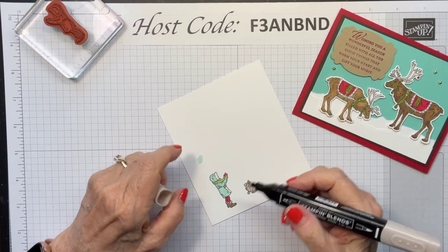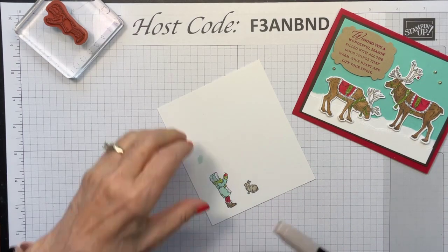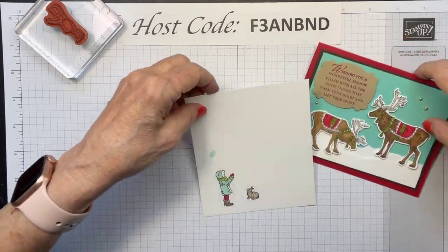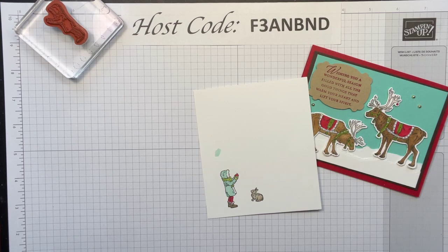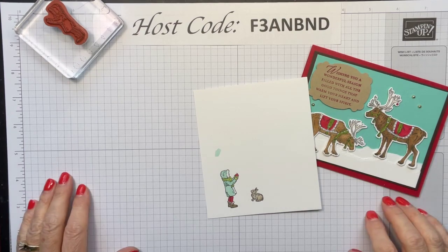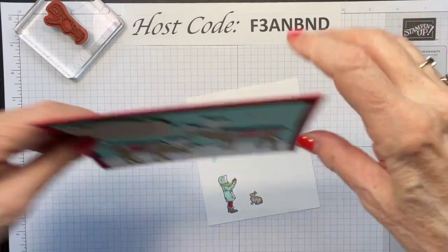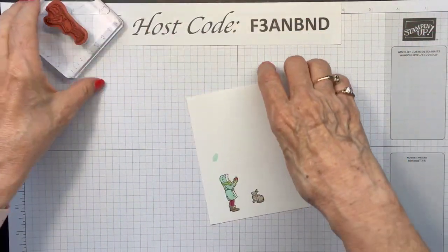And you wouldn't have to color the reindeer. You know, you could stamp the reindeer in Pecan Pie or Dark Crumb Cake or even Early Espresso. Okay, let's go ahead and we'll put this back for a moment, and then we're going to cut out all